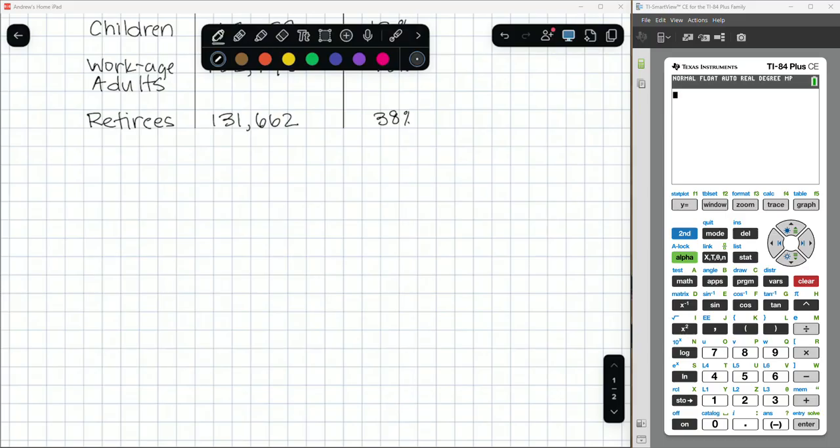So I'm going to do bars that are 2 grid wide, and then I'm going to leave a gap of 1 grid point. So I'm going to start here with 0, I have a gap, and then I have a bar of 2, a gap of 1, a bar of 2, a gap of 1, a bar of 2, a gap of 1. So my bars are going to be here, here, and here. And I'm going to go ahead and label them. So I've got children, I've got working age adults,